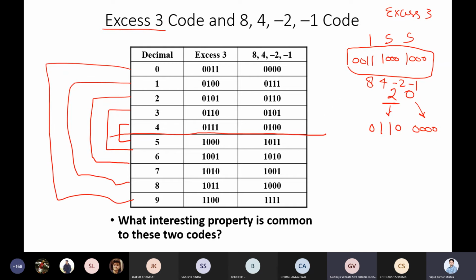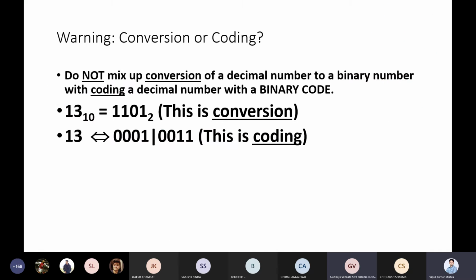So there are many applications where we can utilize this property because that pattern is there. A specific pattern is there. So we can utilize this property, what pattern we are getting, and make a more optimized circuit. That's why this coding comes into the picture and a variety of coding comes into the picture. Whenever you have a specific application where this pattern will be utilized, then you do it with this code. They are always used for a very specific purpose. This is not very general purpose, but for a specific purpose they can be utilized to optimize the circuit, and that's why coding comes into the picture.